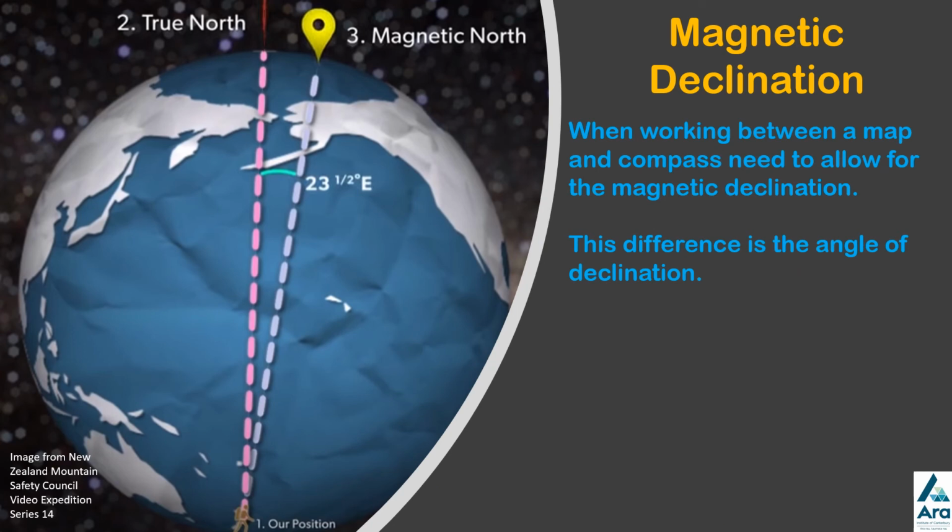So the key thing to remember is that when working with a map and a compass together, you need to allow for this magnetic declination or difference. That difference is determined by the angle of declination, and you need to find the information from a map. In Christchurch or the South Island, we generally just work on 23 degrees to the east, and whether you add or subtract that number when working with your compass and the map, you need to look at the other videos around